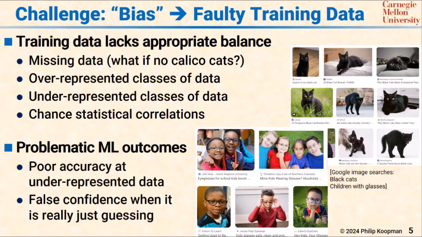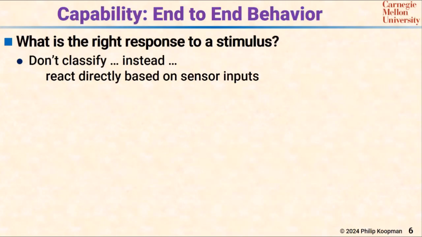What about another capability, end-to-end behavior? So what's the right response to a stimulus? One of the problems with classification in supervised learning, as it's called, is that you have to pay people in the self-driving car business, thousands of people, to label images saying, yep, that's a car, that's a pedestrian, that's a tree, whatever. Multiple companies have 1,000 or more people doing this. And that gets expensive and it's error prone. There's another thing you can do, which is to say, oh, forget that. We're not going to label it all. We're just going to show it a picture and have it react based on what it sees, right?